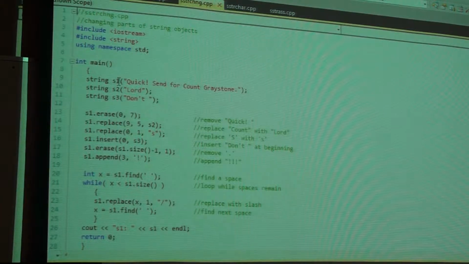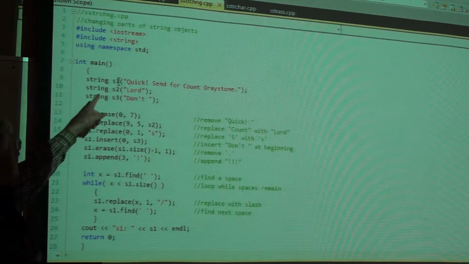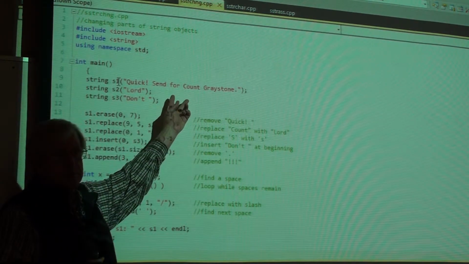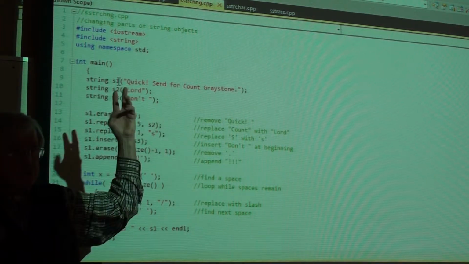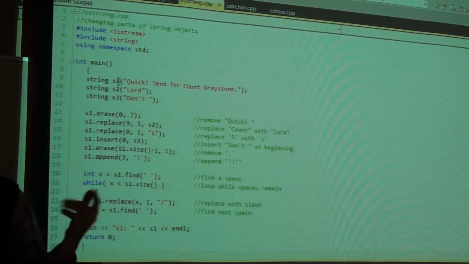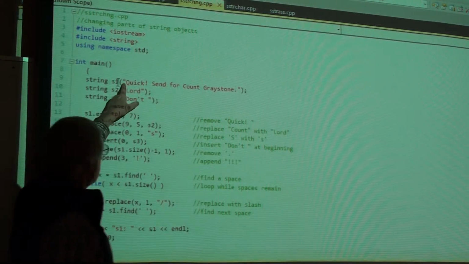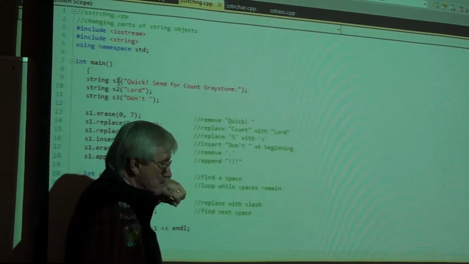If you don't specify what the constructor does, C++ guarantees it will do something to construct that object. In this case, the constructor runs for one argument, and that's a char star, a char star constant, and will allocate enough space to hold this.